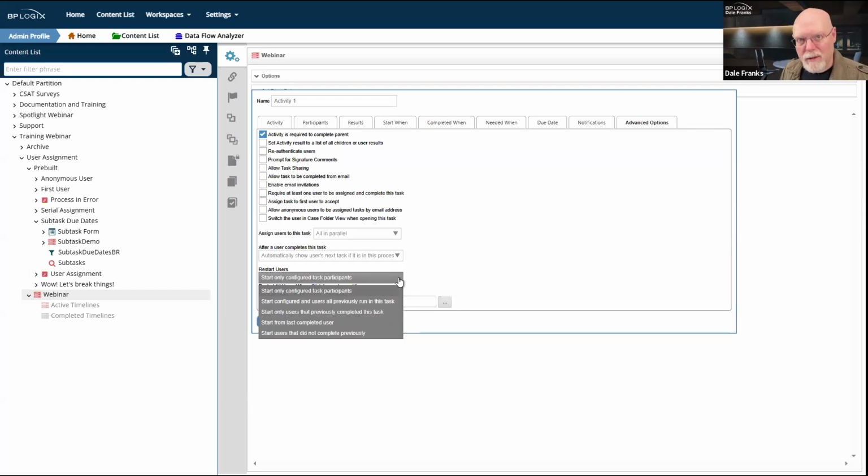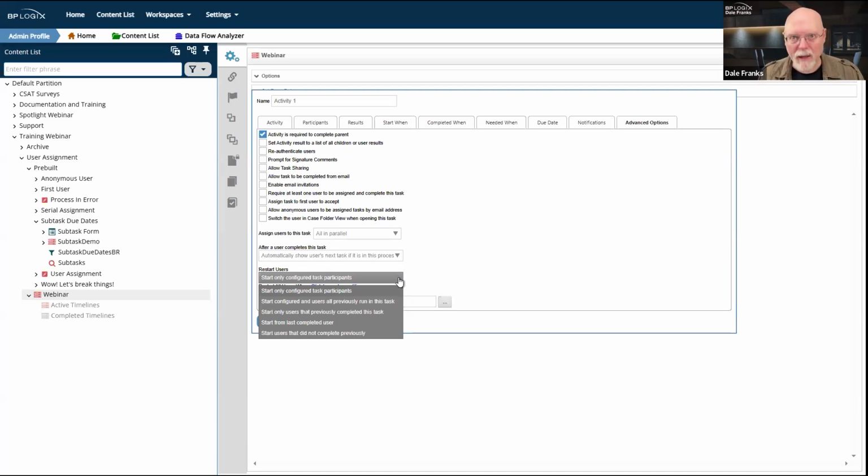Restarts get a little more tricky. There are a lot of things that count as a restart. So if I have a process timeline that is running in a loop and I go back to the top of the loop. So let's say one of my approval activities, I have a result that says, I need the initiator to resubmit this activity, or I need them to edit it. I need more information, whatever it is.